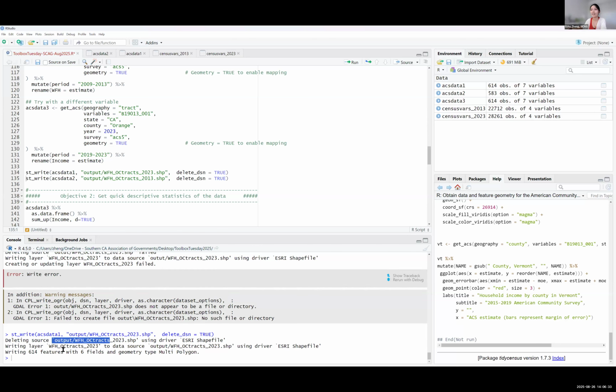So it's deleting it and then it rewrites the layer. And you can do the same thing for 2013. So again, if doing the mapping later on is too much in R, you can always just import the shapefile to GIS or somewhere that you're more comfortable with, or for more advanced mapping features.